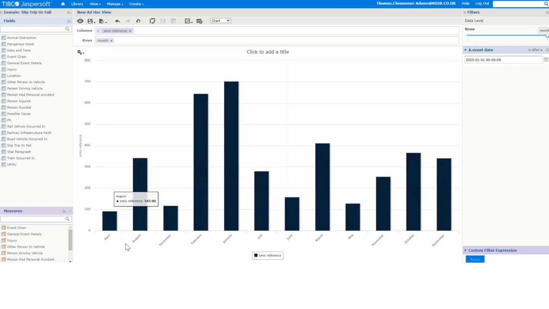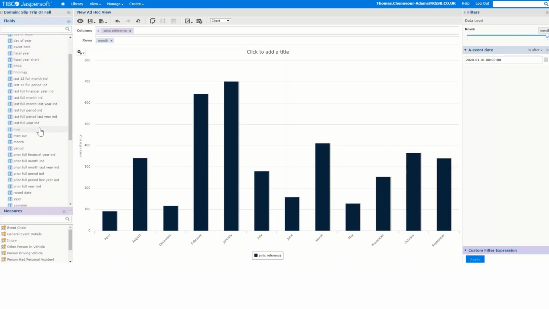However, you can see here that the months have been organized in alphabetical order, which is the default for all text fields within Jaspersoft. So, in order to fix this, we have another date and time field that pertains to month. So we have month, as you can see here, the one we're using, which calculates the field from the data input, and it returns the month the event has happened in. We've also got this one, which is MM, and this brings back the month in a numerical format. So if I bring this one in,